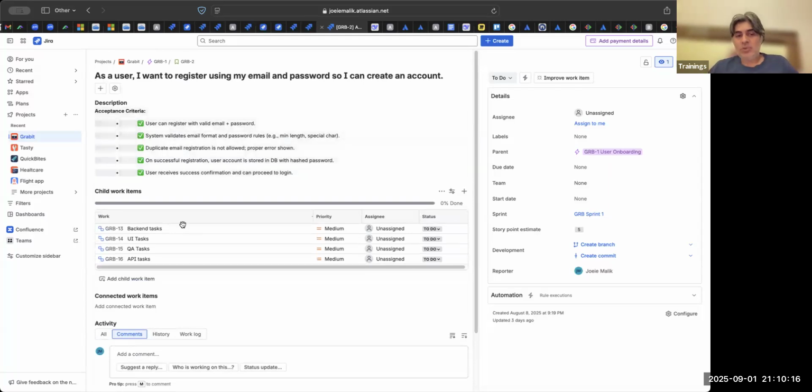Okay. Now, this story, we will do the same thing. We can do a planning poker on this. So let us say you have 3 backend people. You ask them, boss, what are the things that we have to do in the backend for this task? They will say, we have to encrypt the password, do some hashing, whatever they want to say. So say how many hours it will take. Developer A says it will take 10 hours. Developer B says it will take 15 hours. Developer C says it will take 14 hours.